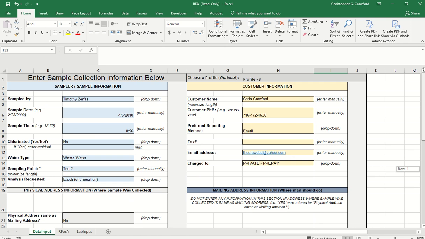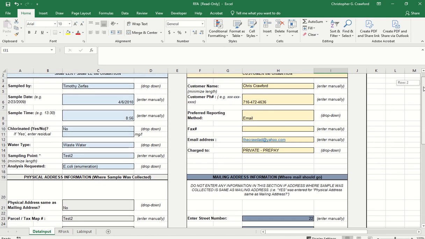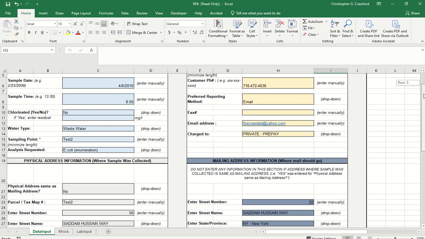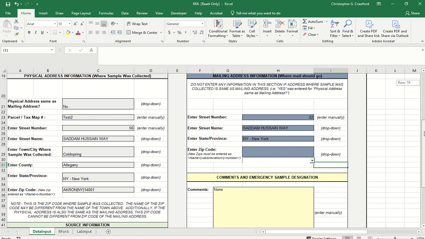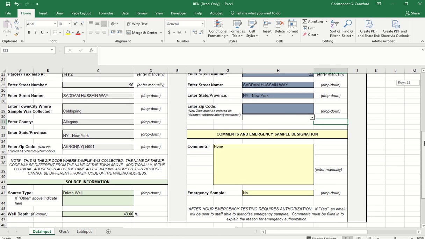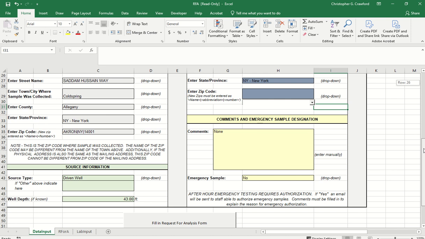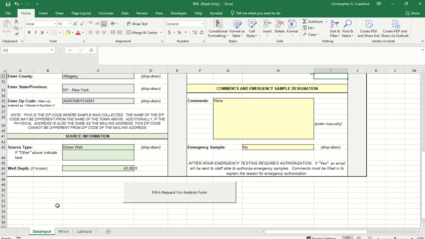But I just want to show you, just scroll through the form here. Nothing is really new in terms of what you're gonna enter. It just looks a little prettier, and it's nicer. The functionality that I showed you with the zip codes and the street names, that's kind of new, so that's valuable. All right, so now if you recall in the old form, there were calculation cells down here. Those are gone. Again, those should have never been there, but it was a rush job at the time, and